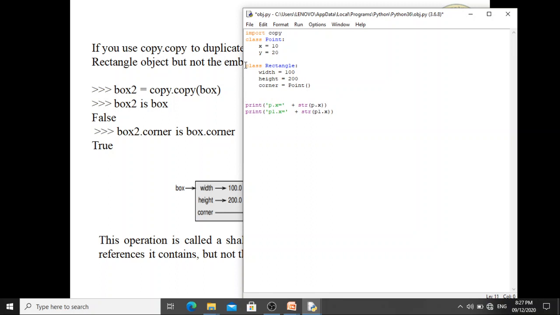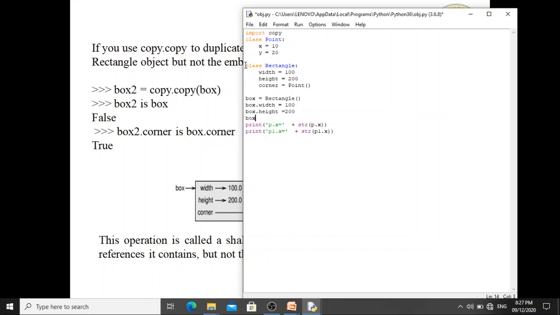Now let's define box equals Rectangle. One object we have defined. Then box.width equals 100. Box.height equals 200.